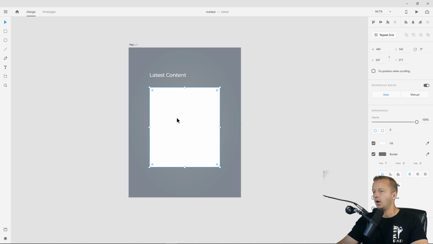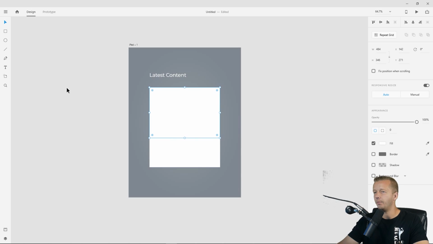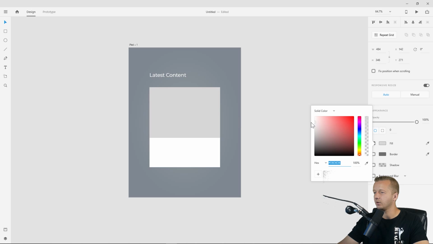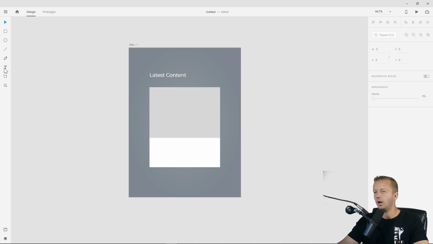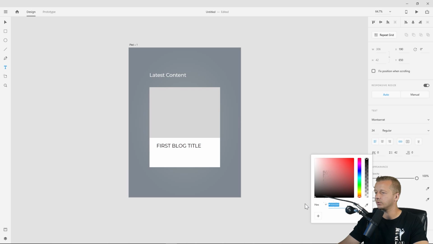All right, so right here, we'll hit Control D to duplicate this, and this is going to serve as the container for an image. So like a thumbnail. Let's take off the border here on both of those. All right, right now, we'll just make it a little bit gray temporarily. And then I'm going to put some content right here. So I'm just going to put in first blog title. Can't see it because it's white at the moment. So let's go ahead and